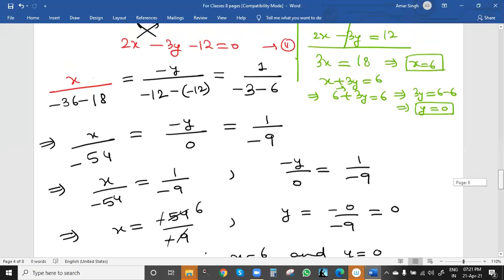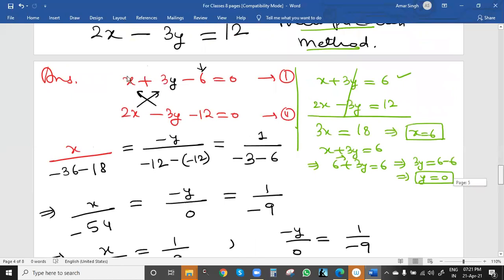Just doing the cross multiplication. Basically x: minus 12 into 3, minus 18, because minus 3 into minus 6 is plus 18, minus 18. Then in y we just do minus. Then only we'll do the right cross multiplication, otherwise we have to start with the left. Right is the method we know, or we can say right is more familiar. So right only will follow: minus 12 into 1, minus 12, and minus of minus 12 again. Now the last one. This column will be ignored. Again right crossing: minus 3 into 1, minus 3, minus 2 into 3, minus 6.